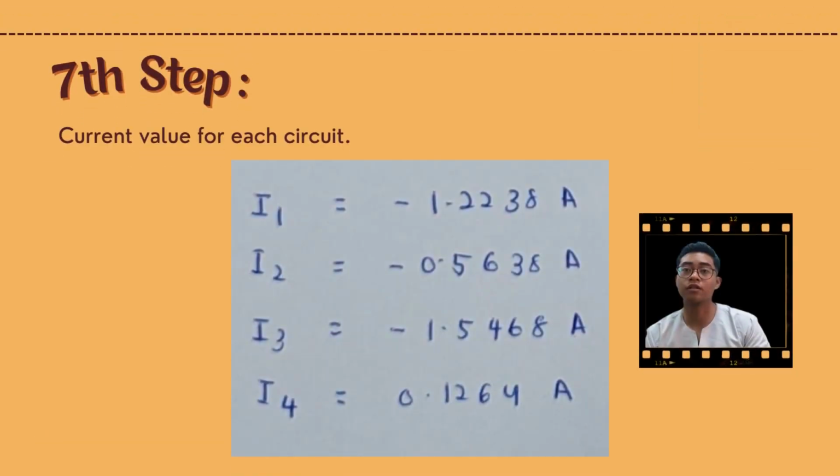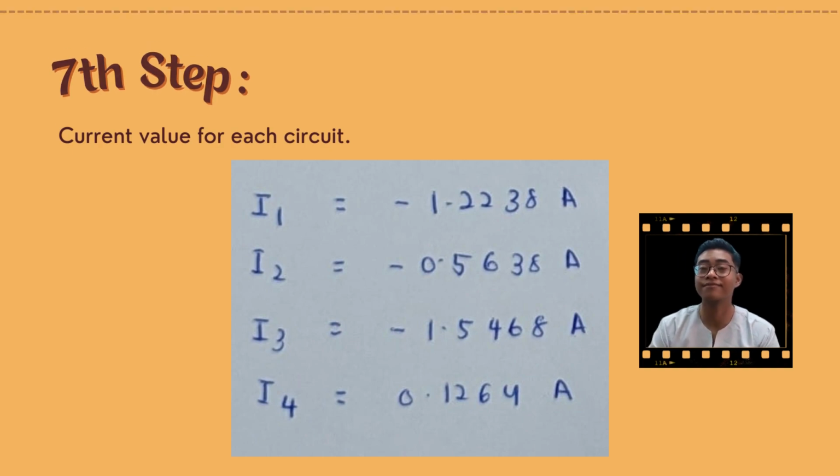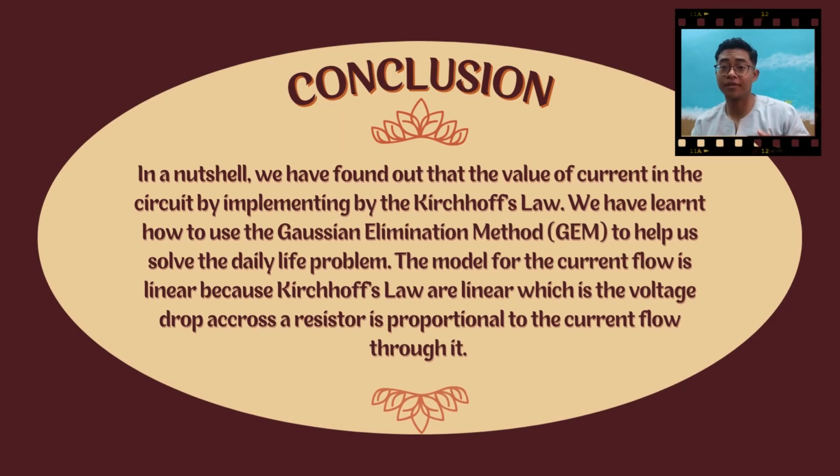So the final values are: I1 equals negative 1.2238 A, I2 equals negative 0.5638 A, I3 equals negative 1.5468 A, and I4 equals 0.1264 A. So the conclusion we get from our study is that there are many real life